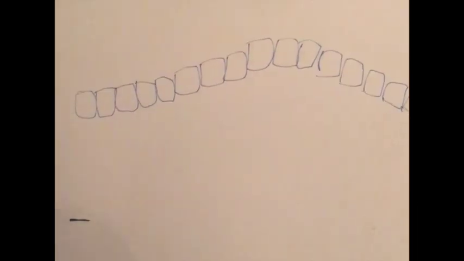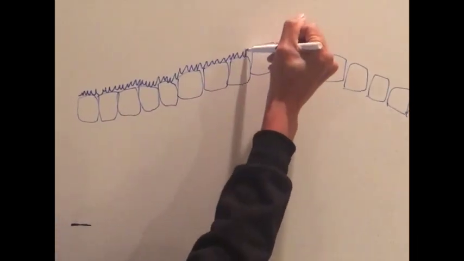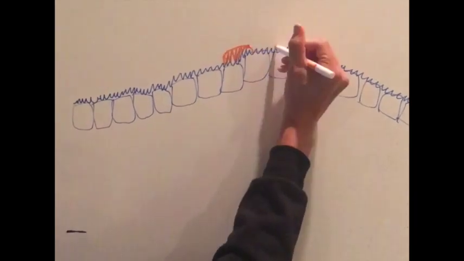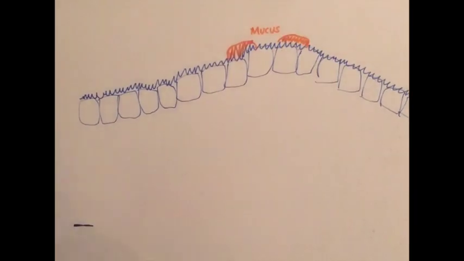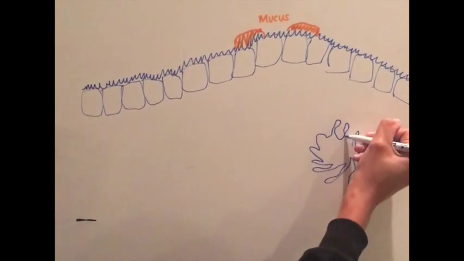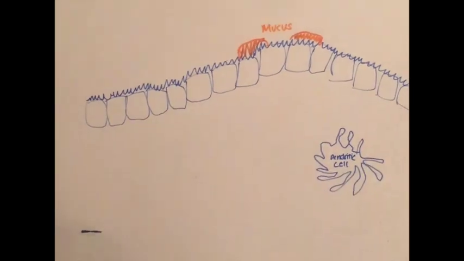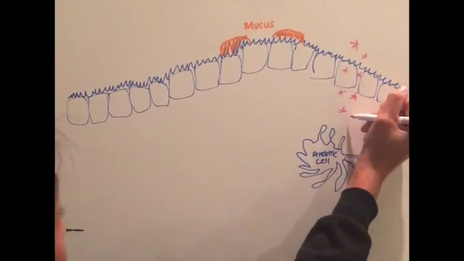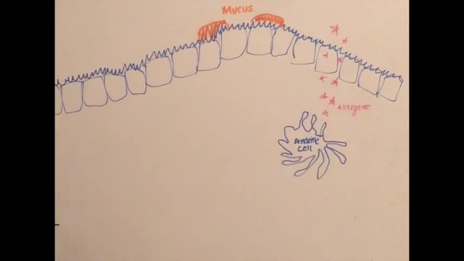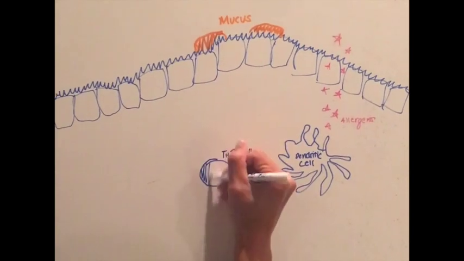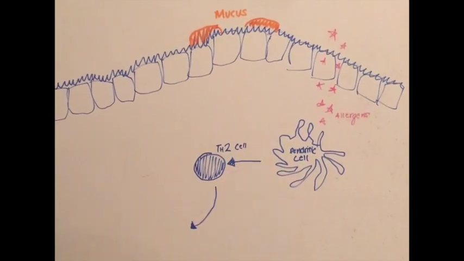Okay, so what's happening here is these are epithelial cells. Allergens come, those are mucus blocks. And what happens is allergens come in through the epithelial cells and activate the dendritic cell. The dendritic cell then uses paracrine signaling to activate the Th2 cell, and the Th2 cell then uses endocrine signaling